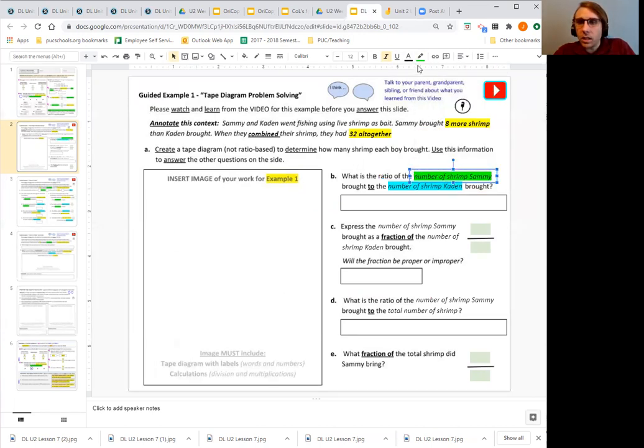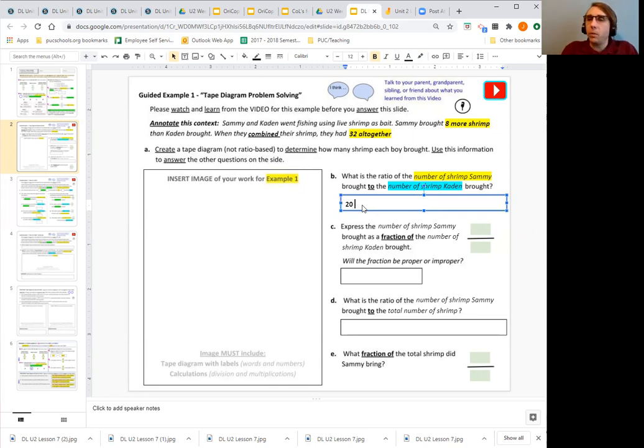And actually, I'm going to change this to yellow because yellow and blue together make green. So whenever I do total, I'll have that as green. All right, so Sammy's number compared to Caden's number. Well, Sammy's number, if you remember from our tape diagram, was the 12 plus 8, so that's 20. I'm going to put 20. And then how do we write ratios? So hopefully you thought of colon or the 2 dots, and then the word to, and even fractions. So 20, and then Caden's number was just the 12. So 20 to 12, or even as a fraction, 20/12,